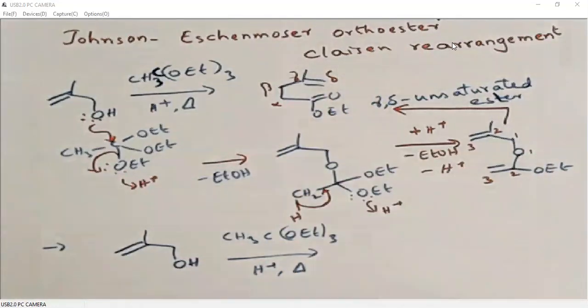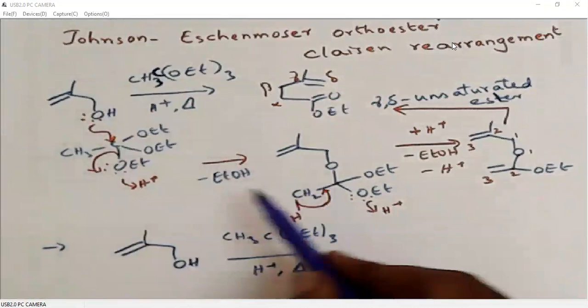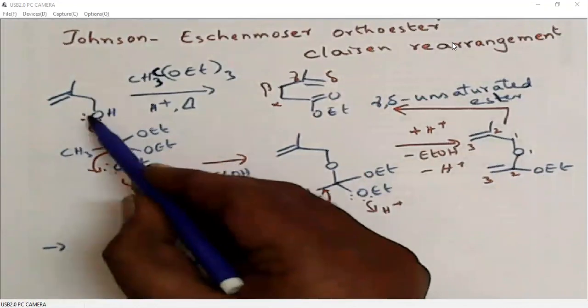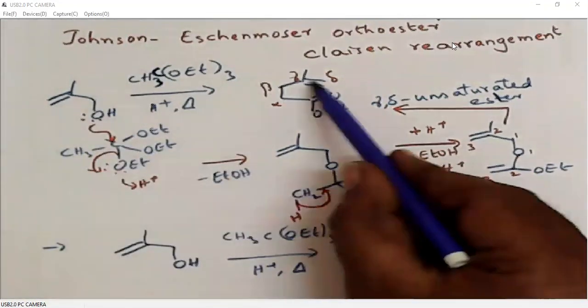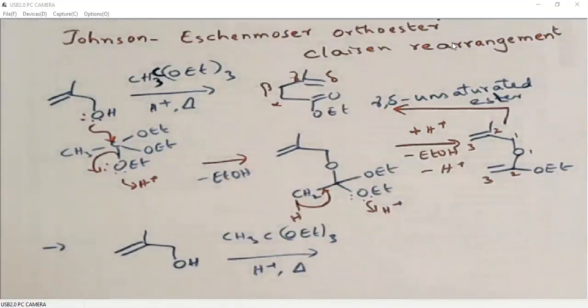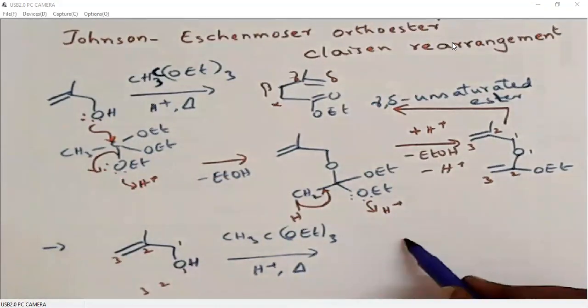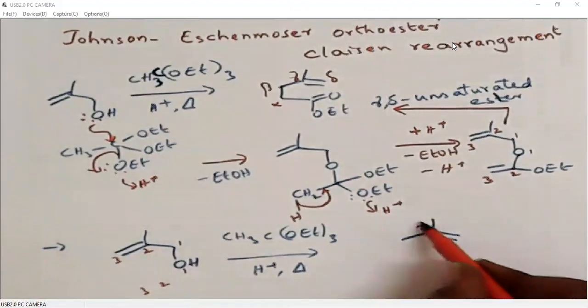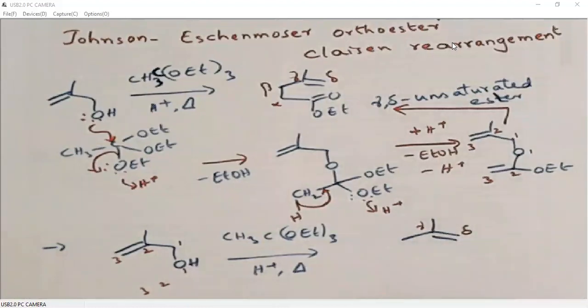So how do we predict the product in the shortcut? We break this bond. This is the 1,1 bond, that means the allylic carbon and oxygen. This double bond is migrated like this. So in this case also, you just write 1, 2, 3 and 1, 2, 3. Then we remove this 1,1 bond. So we are rearranging it, so a double bond will be there. Now you just make this gamma, delta.